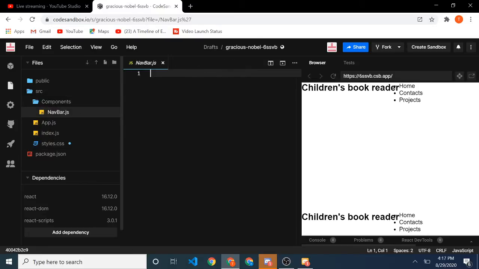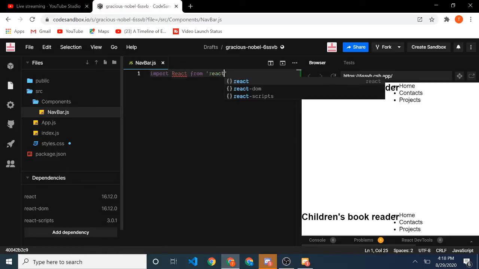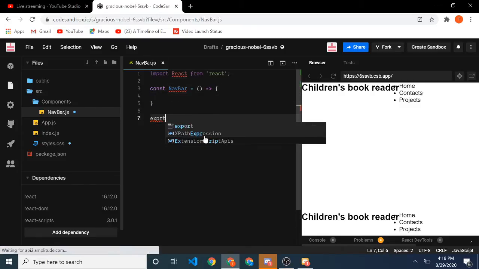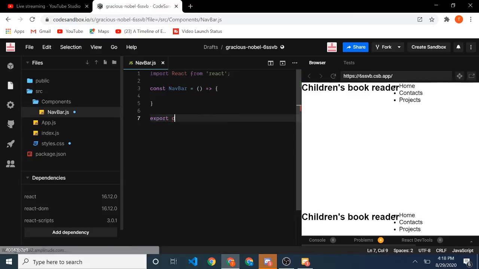We can just delete that version, and we can just make an import from React. So import React from 'react', and that's React. const Navbar. So const Navbar. So we can just export default. We can export a default Navbar. So we can export our Navbar function, and that will in turn